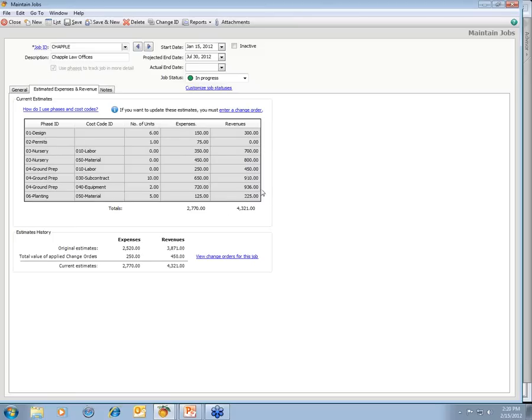This essentially serves as your budget for that job. So you're listing by phase and cost code, which, by the way, is optional. If you don't want to use phases and cost codes, you don't have to. You can uncheck this box up top here and just have one line item for total estimated expenses and total estimated revenues. But if you do want to break it down, you can get detailed line item by line item